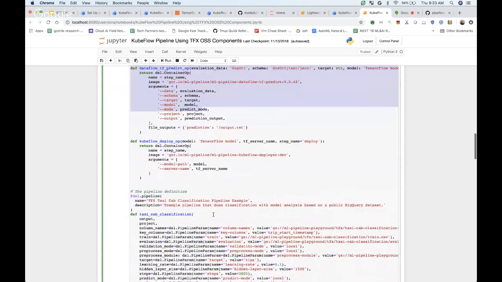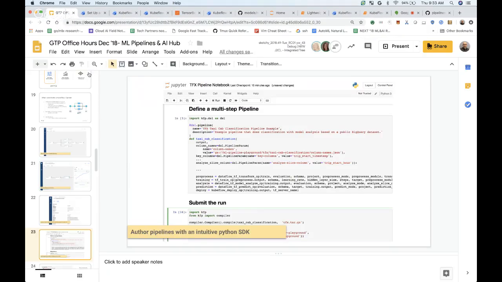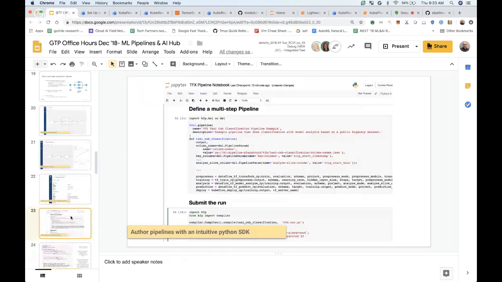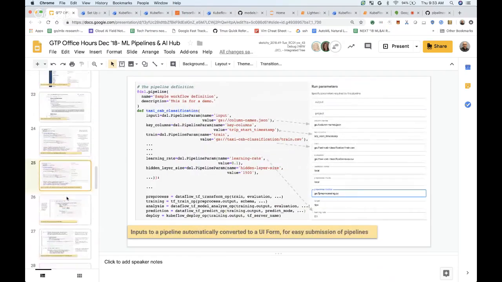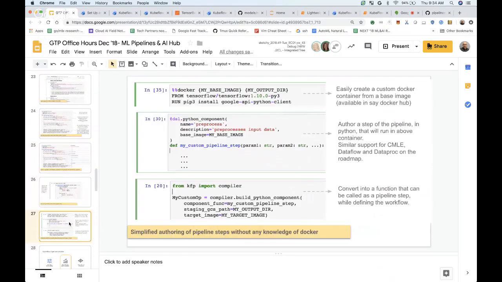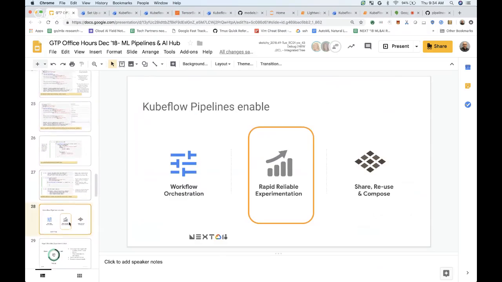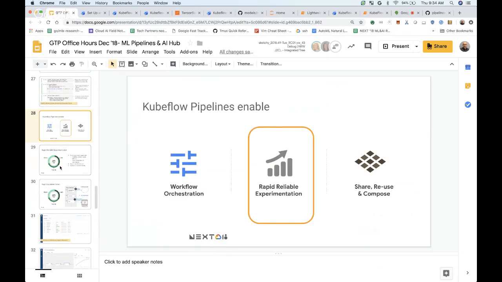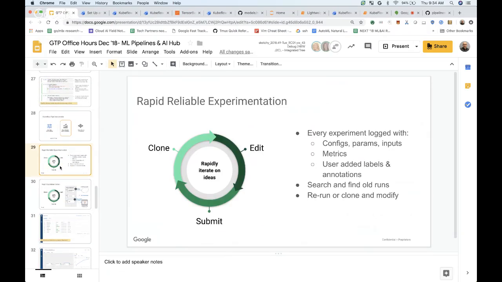So a lot of these components are off the shelf, ready to use, so you don't have to rewrite your own visualizer. Our job here is to make it super simple for you to use those. So basically what we did, we just went over this authoring experience and how things work. However, remember, all of this content is available on the GitHub repo. We covered the rapid experimentation and how quick it is for you to build a pipeline, try it out, see